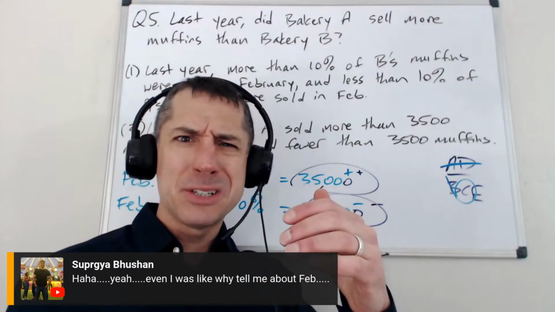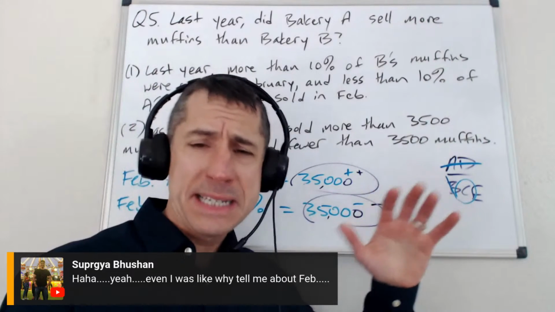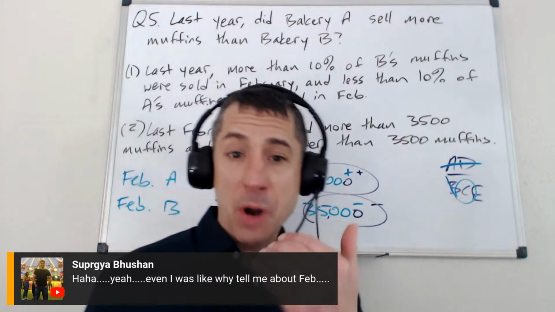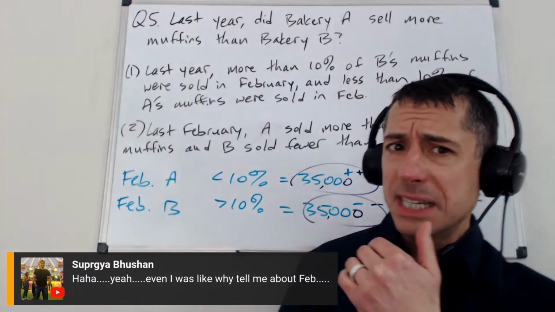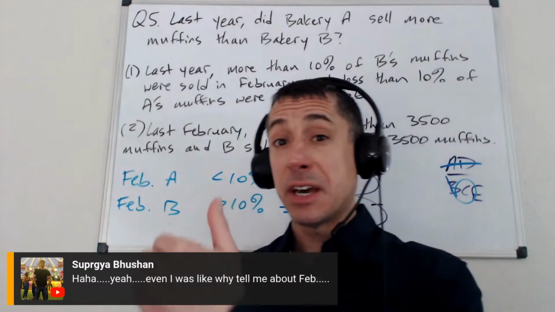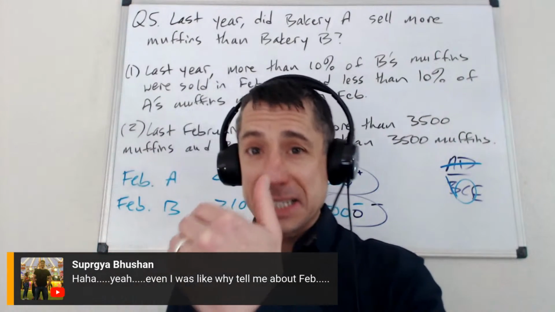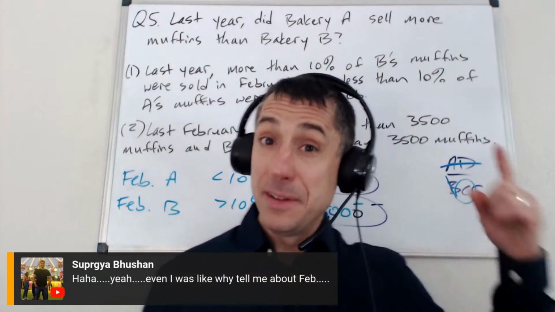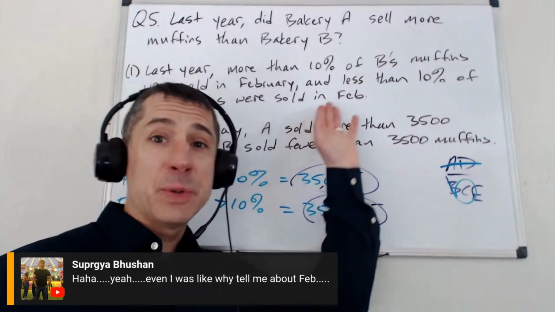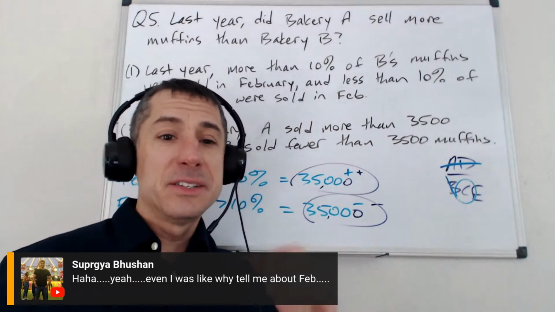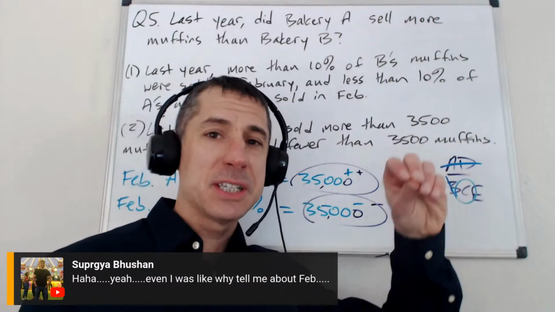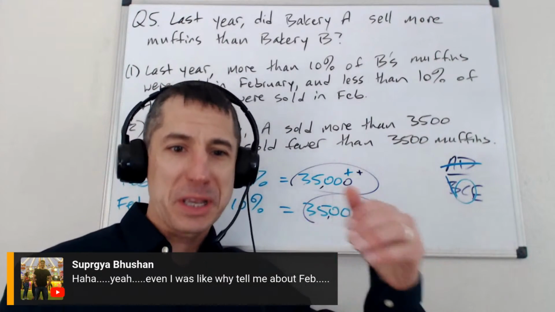And sometimes you look at a piece of information and go, why the heck are you telling me about February? It's a waste of my time. I'm going to ignore it. And you should sometimes. And sometimes you shouldn't. It's all context dependent. What I'm arguing for here is not to say that extra information always matters, but you always have to think through it the way they write the test now. Data insights and Quant both, sometimes, yeah, the answer is going to be E because this is all irrelevant, but depending on how they frame the rest of that information, I could tweak this question just a little bit and it would be E. So bottom line, keep on your toes, read carefully, go ahead and pursue that information just a little bit further and make sure that it's irrelevant before you conclude that.